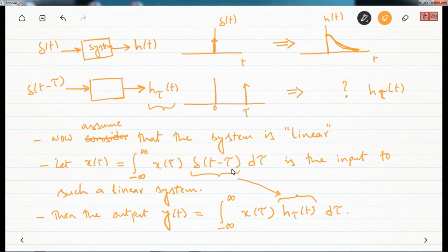So now we have the equation. Because of linearity, the response of a linear system